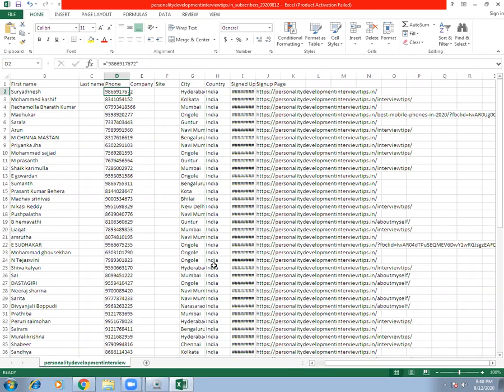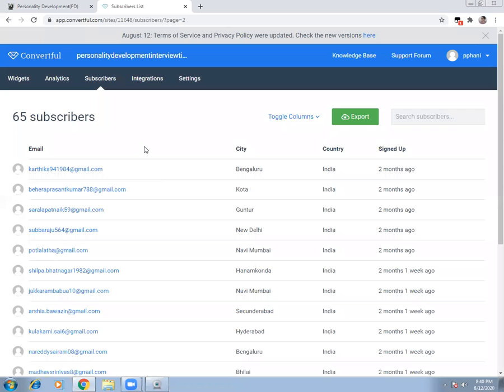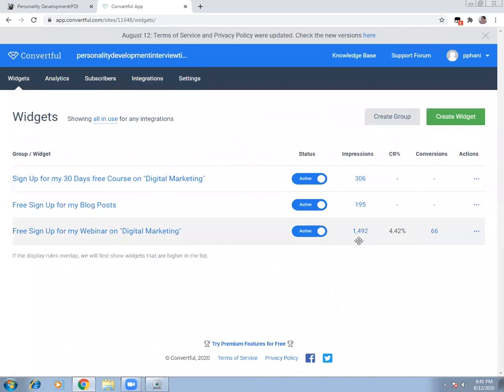Imagine if I need to contact all the people who are visiting, I would probably waste 1500 SMSs, and probably they're not even interested. Only 66 people are interested in it. Which makes sense? Contacting these 66 people or contacting these 1492 people? It makes sense to me to contact these 66 people.